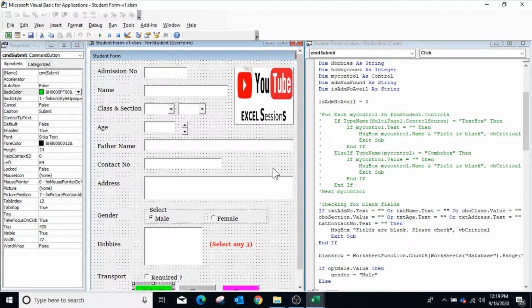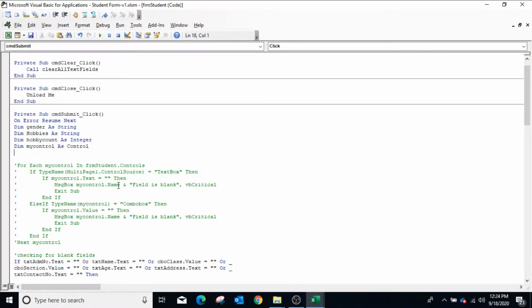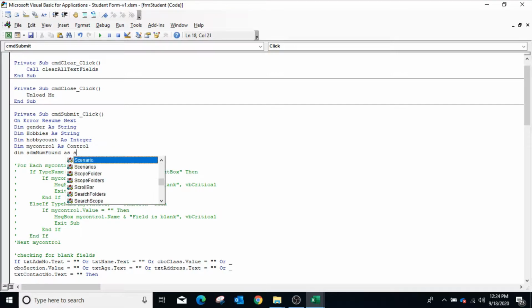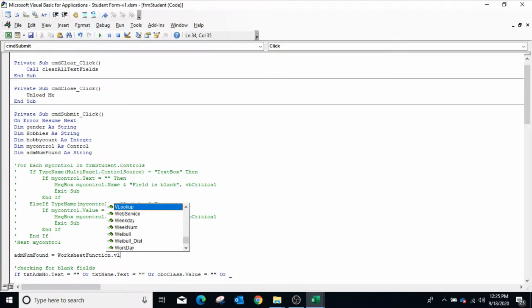To avoid adding duplicate admission number in the database sheet, in the click event of the submit button, declare a variable dim adm num found as string. Now we will use VLOOKUP function to check if the entered admission number exists in database. Type adm num found equals to worksheet function dot VLOOKUP